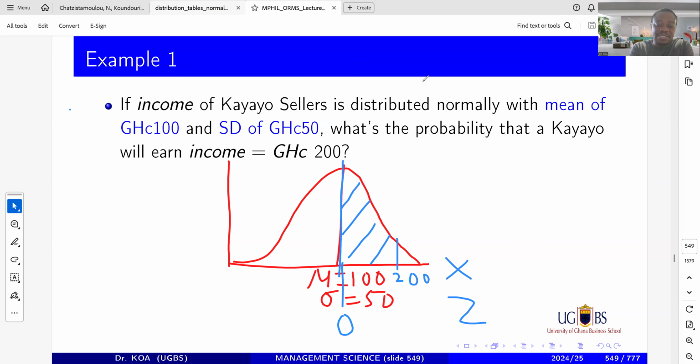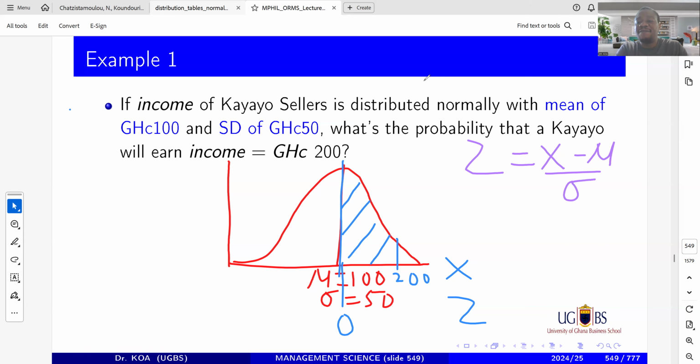In the world of X, you can see that the center is 100. And to the right of the center is above 100. And to the left of the center is below 100. But in the world of Z, the center is 0. And whatever is on the right of the Z, the 0, is positive. And it's the same thing that is on the left, because the center is a mirror image of each side. So you can convert this whole thing using the Z approximation formula. What is that? It is given by Z equals X minus mu over the standard deviation.